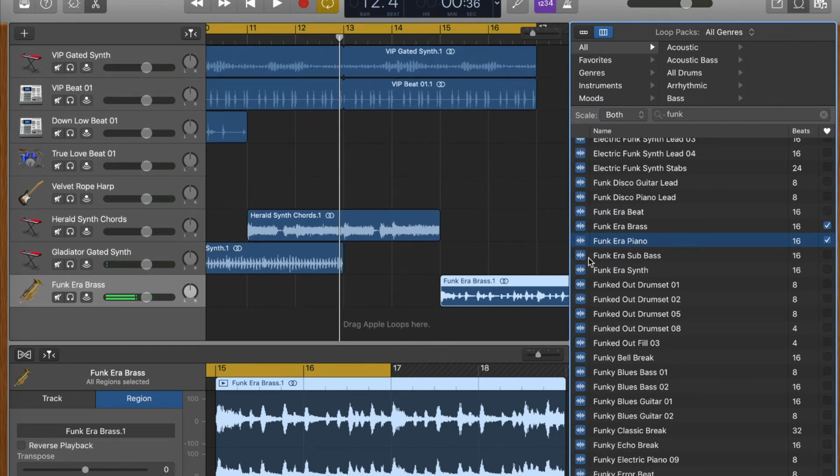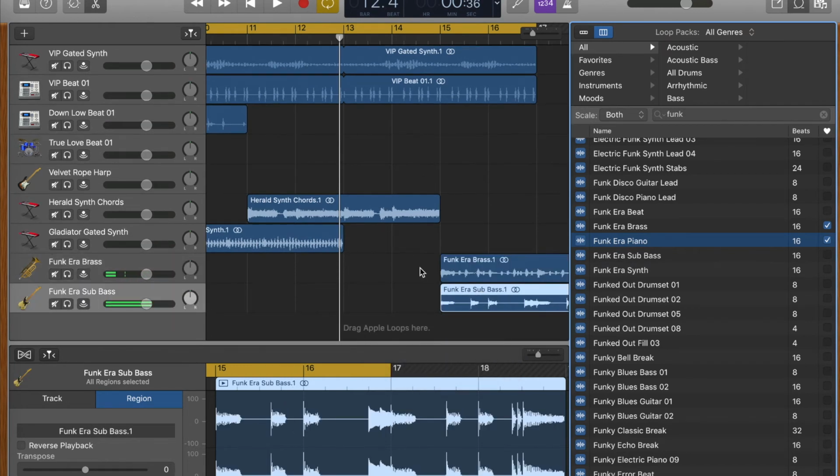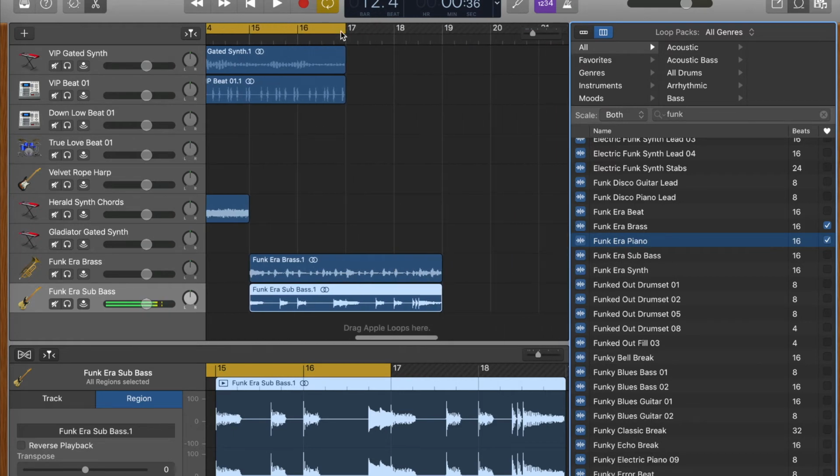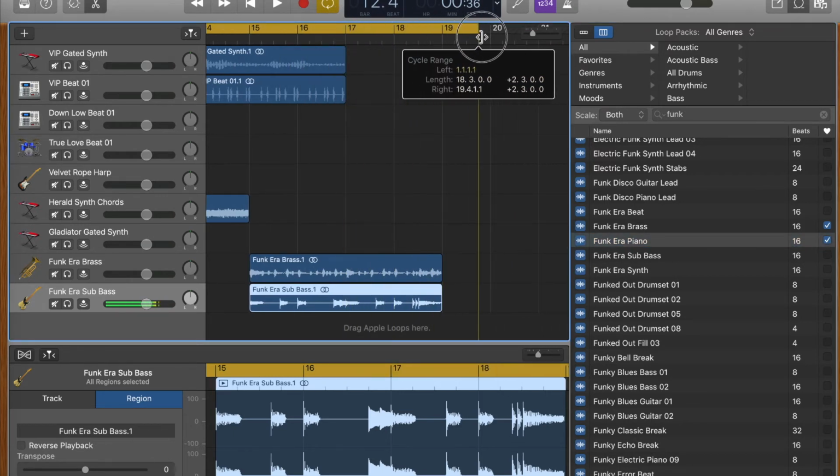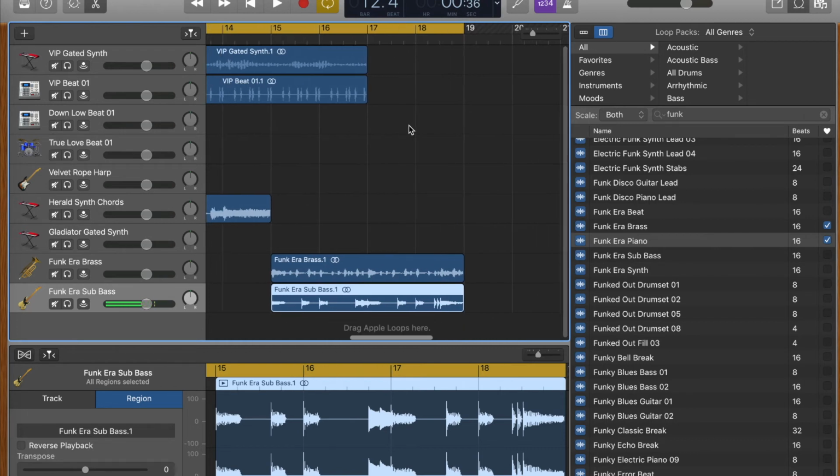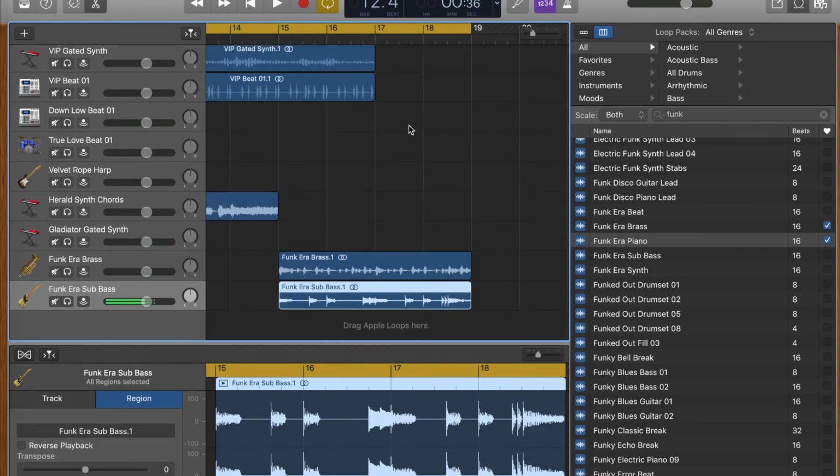So I'm going to use two of them so I get that vibe. So I'm going to extend my track here. Let me extend it up to this. Yeah, so this is 18 bars. And what I want to do is I want to be able to